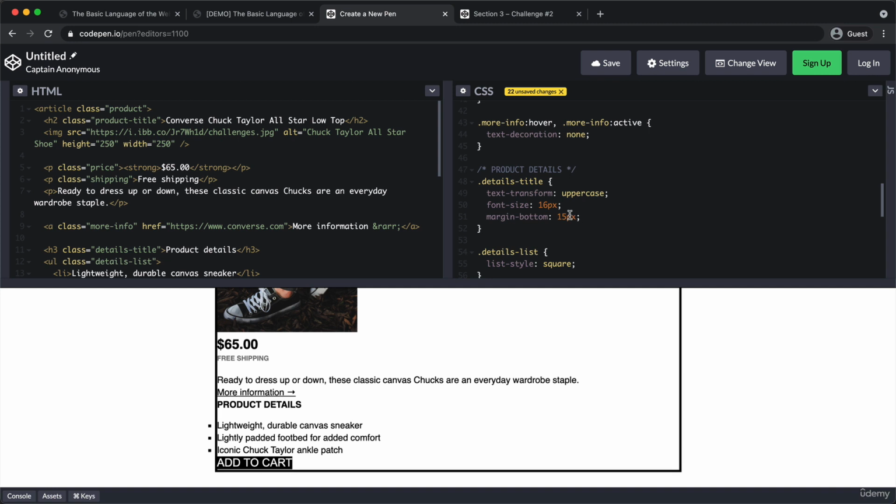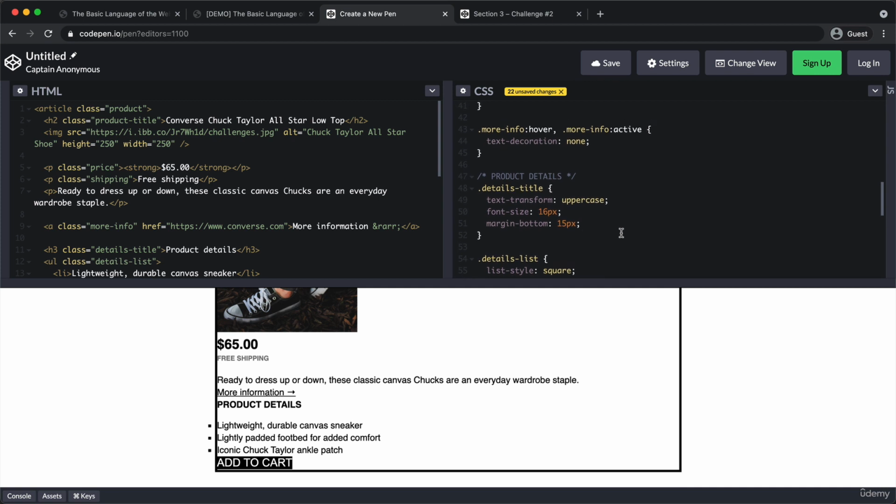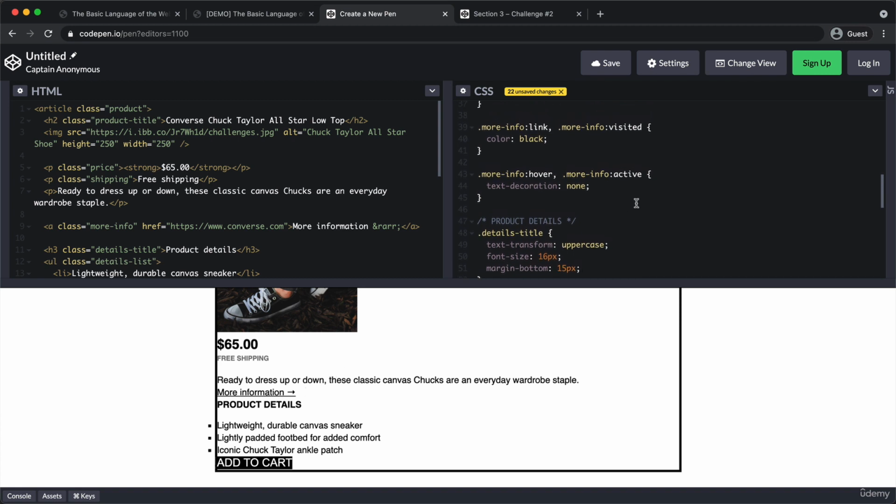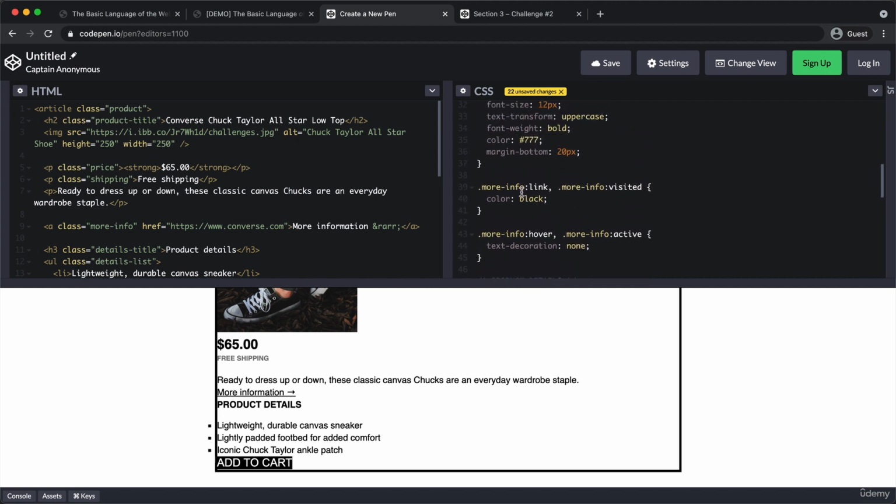And as always, if your numbers here were different, then that doesn't matter at all. All right. And now some space here between this link and this title, so this heading. And the logical thing to do would probably be to add some margin bottom to the link. Because as I said, the best thing to do is to stick to one of the directions, so to one of the sides, and then always add the margin there. So let's try that. So it's this more info link,